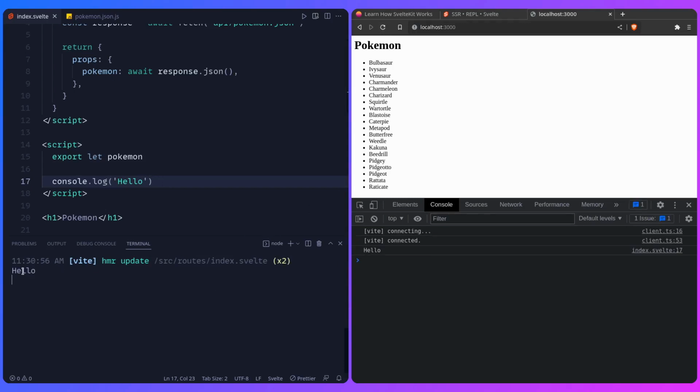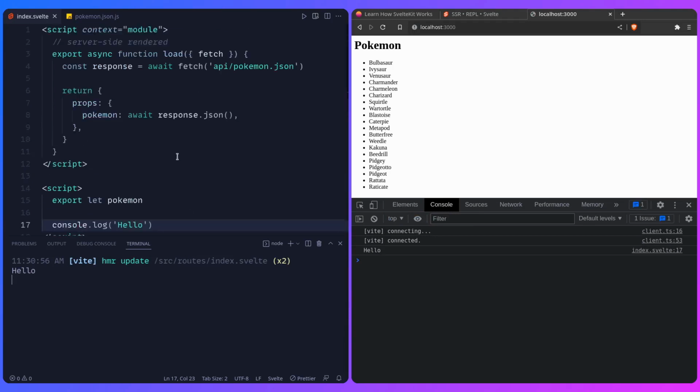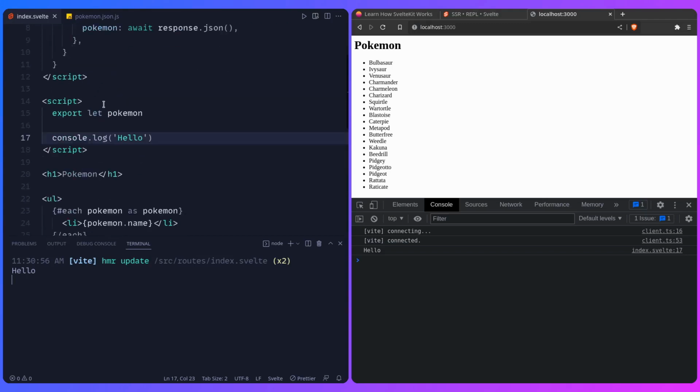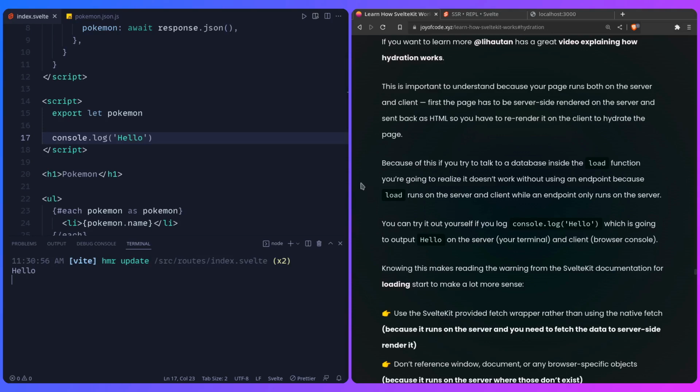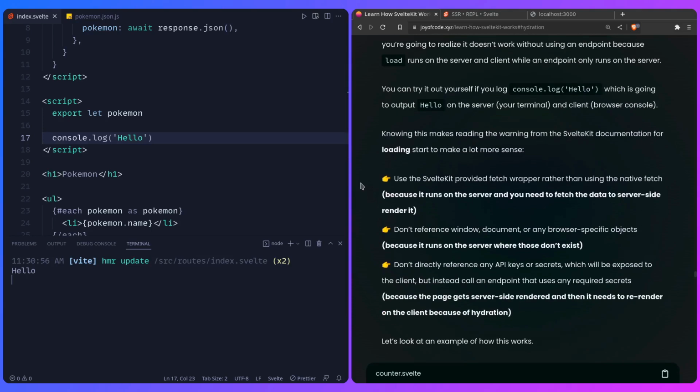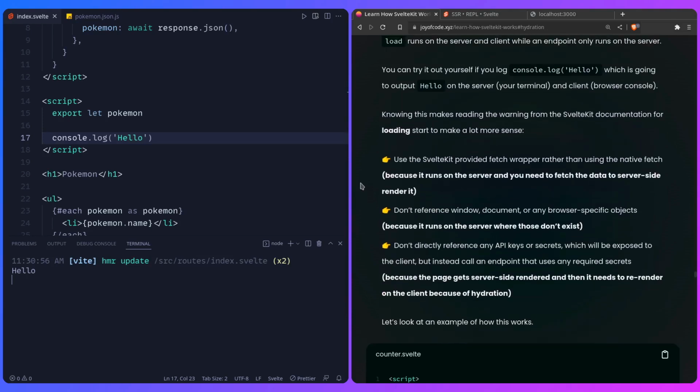And sure enough, here it is. Once you understand this, everything else is going to be more clear. So again, let me reiterate. It isn't just load that runs on the server and the client, it's your entire page because it's just one big module, right? And once you understand it, it's going to make a lot more sense. And knowing this makes reading the warning from the SvelteKit documentation on using load start to make a lot more